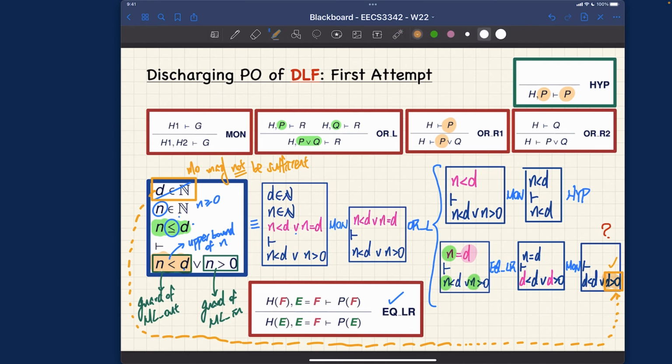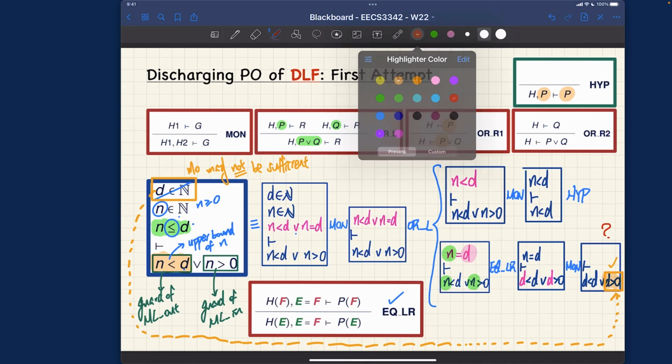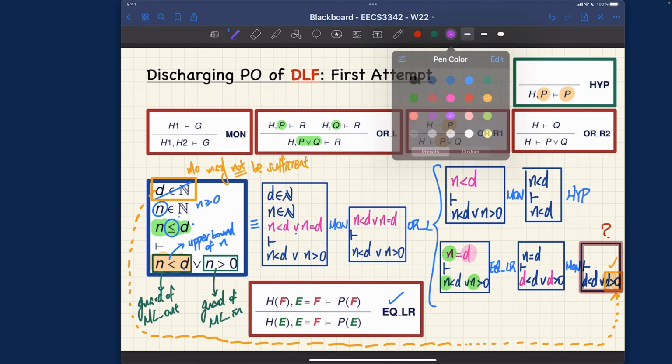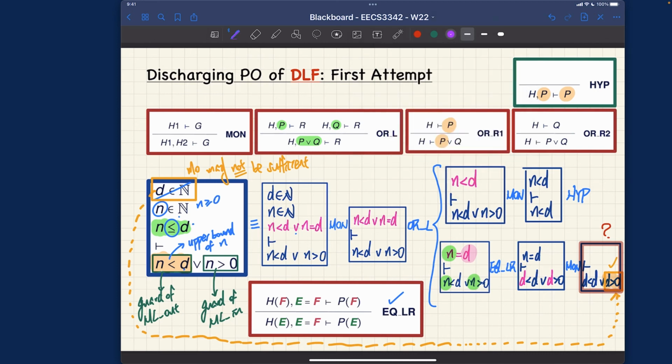Let me just highlight it once more. But I do want to talk about what if we actually chose a different direction for the equality inference rule. Let me talk about it quickly. So this is where we get stuck. Alternatively, let me now write it down. Maybe purple. Alternatively,